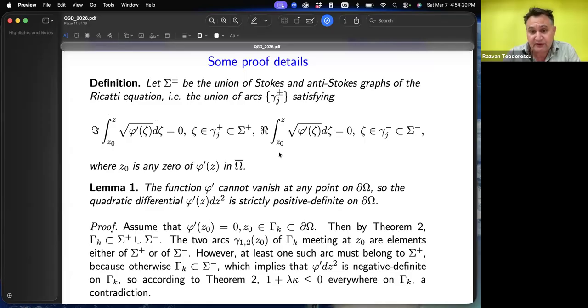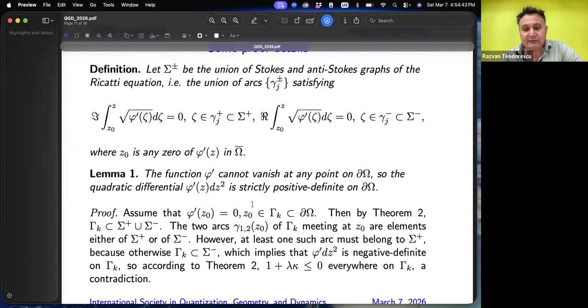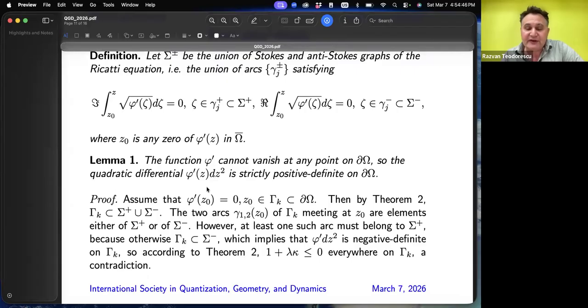They are disjoint except at those meeting points, which have to be turning points for the differential equation itself. So once we start looking at the problem in the language of this Stokes anti-Stokes graph analysis, then it becomes possible to establish the fact, by a rather technical, analysis-type inequality-based proof, that the quadratic differential phi prime dz squared, while on the one hand clearly strictly positive definite on the boundary, cannot have any zeros on any of the boundary elements as well. And again, that is done by